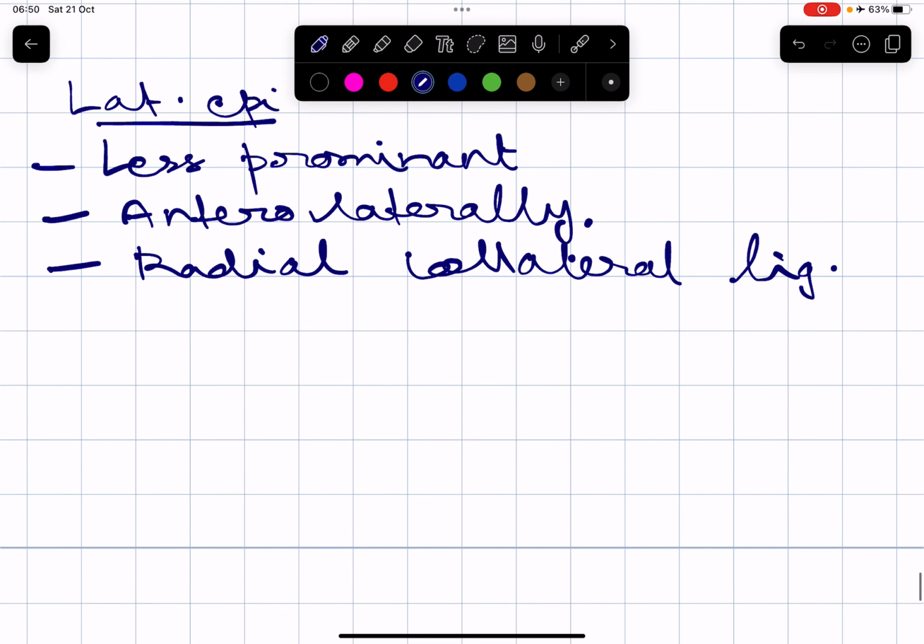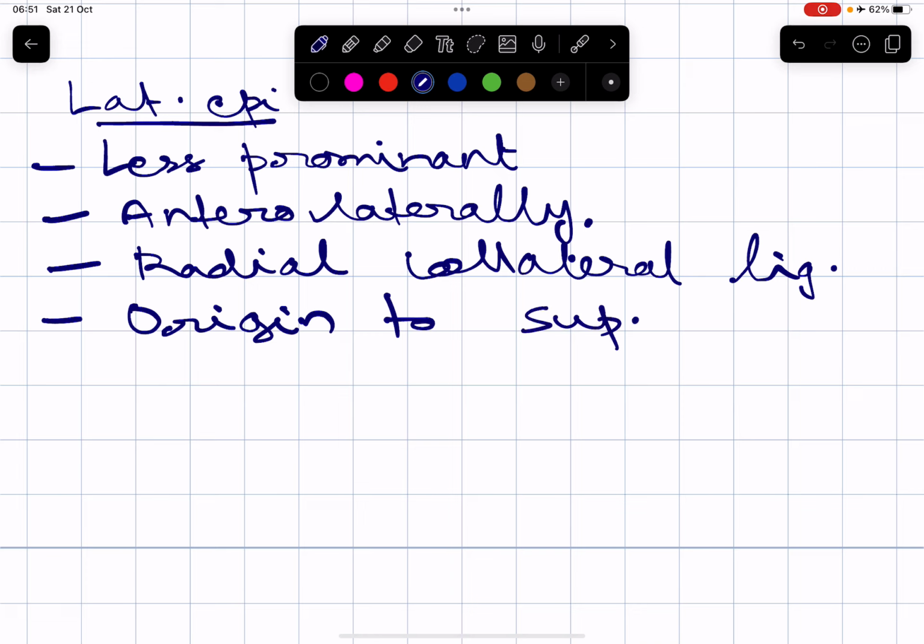And the lateral epicondyle on its anterolateral aspect provides origin to superficial extensor muscles of forearm,